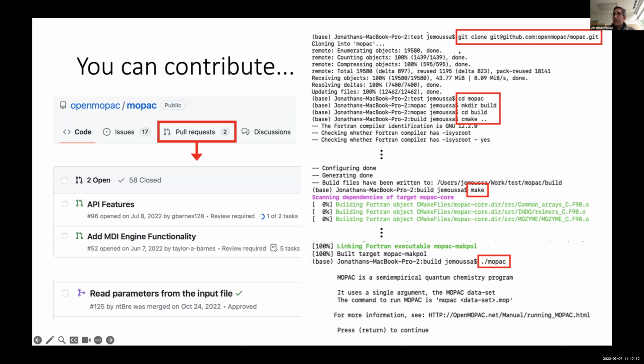And so to pull from GitHub and compile MOPAC yourself, if everything is set up properly, it's less than a dozen commands on the command line. You use git to make a copy, you make a directory to build it because it's out of source building with CMake. You call CMake, it sets up a makefile, you call make, and then MOPAC is there to be run. So it takes work to get it to that point, but